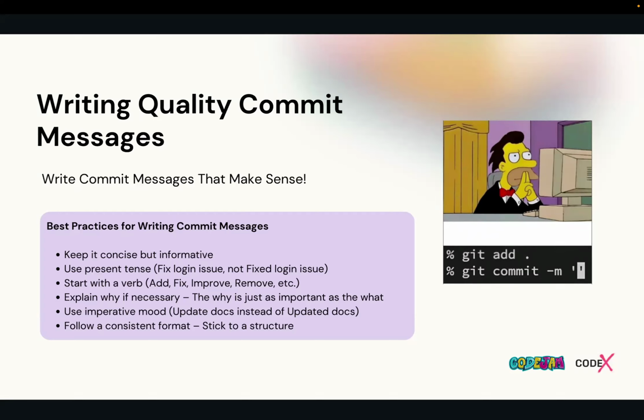But maintaining quality commit messages is very essential when you are working with unknown people, or with huge teams. A commit is one clear-cut chunk of code that is integrated.